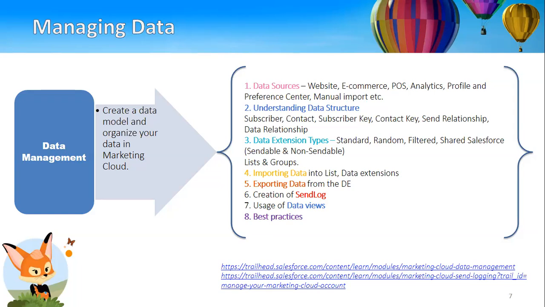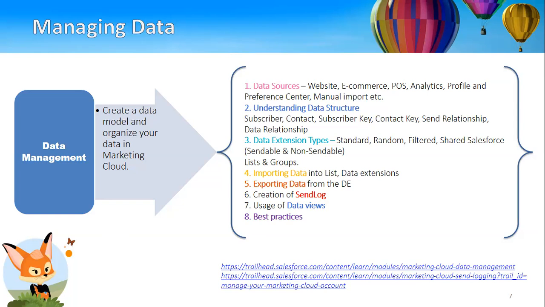So that is about data structure and data extension types. We do have some types of data extension. If you are new to this word, data extension is nothing but a table. So a table with rows and columns is termed as data extension in Marketing Cloud. And we have other names like lists and groups. These are a classic method of storing these rows and columns. But now most things have changed to data extensions. We still use lists and groups, but very, very rarely.